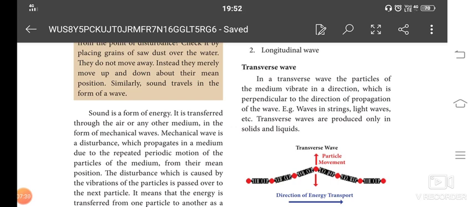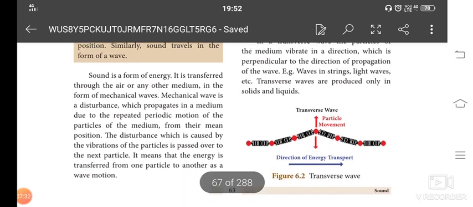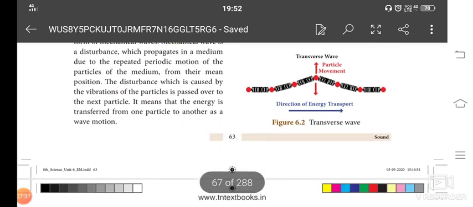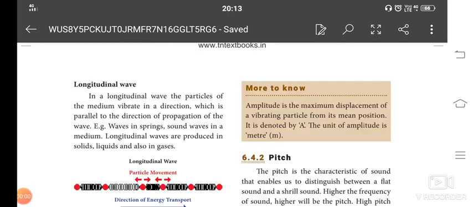So the waves in strings, the propagation of sound is like that in a string instrument. Longitudinal waves are also a type of waves. The vibration moves in a direction parallel to the direction in which the sound is propagated. Examples are waves in springs and waves in a medium. The direction of the flow is parallel to that.